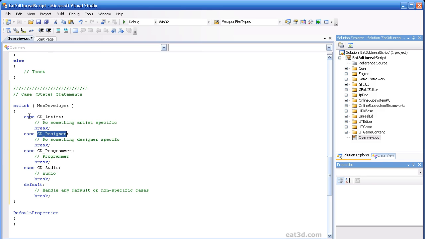So what this is saying is it would come in, it would evaluate, is the current variable set to artist? No, it's not. So it would pass over any functionality or any script that is in between these case statements. And so when it gets to the second case statement, it's going to test true for this, kind of like